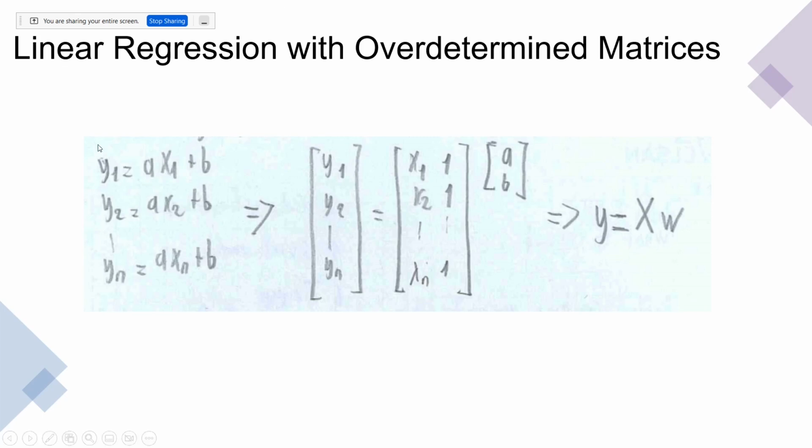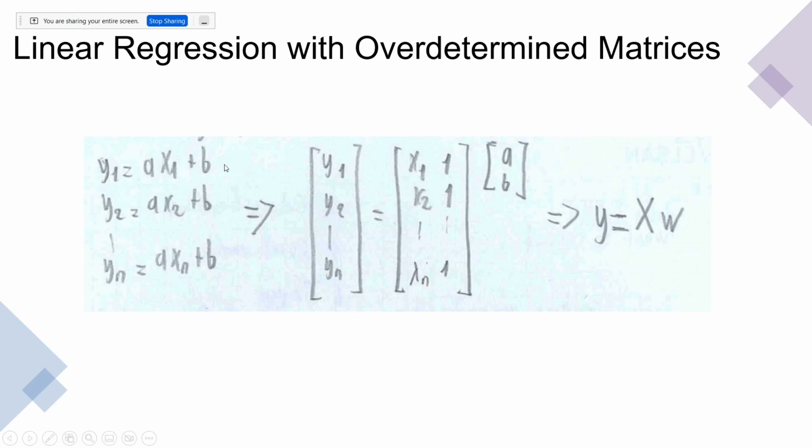So the problem we are trying to solve is the same. We have n observations. We have our first measurement from our first observation. We would like to predict A and B values. Okay, we have n observations, we have n measurements, and we will be writing this equation in matrix form. So this is an n by 1 matrix, and I need to get an n by 1 matrix